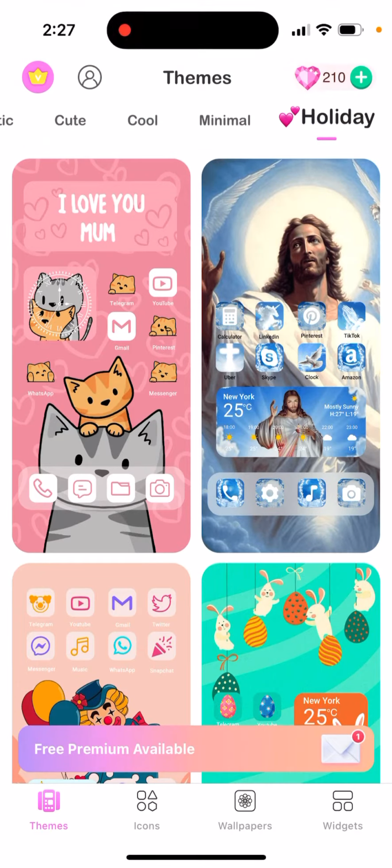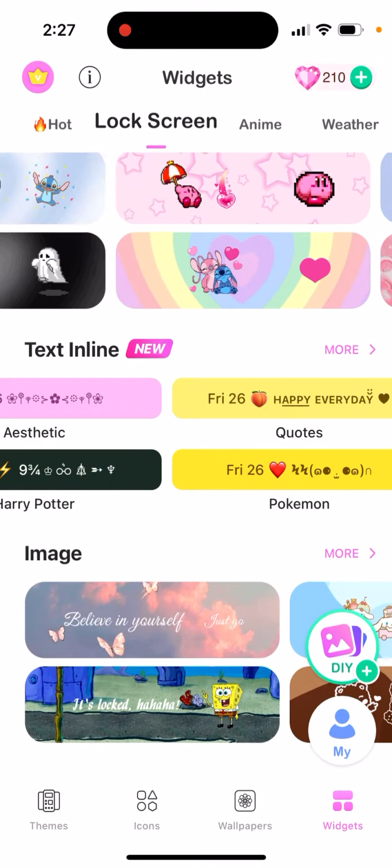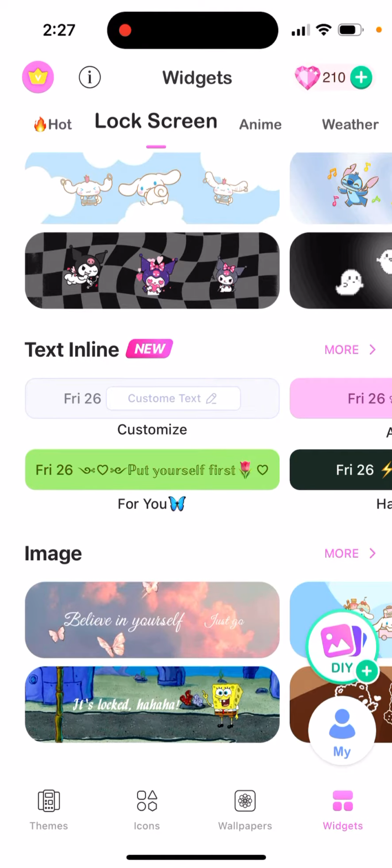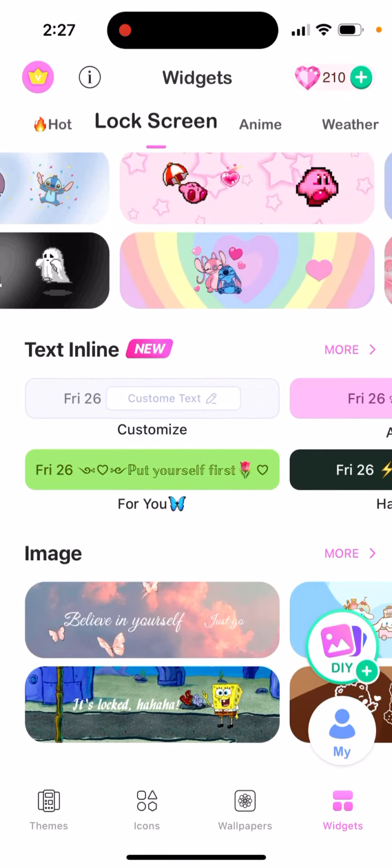So here is ThemePack app and how to install lock screen widgets in ThemePack. So quite easy. You can just go to widgets and then here you have lock screen. And then you should be able to select any lock screen widgets which you like. So let's just